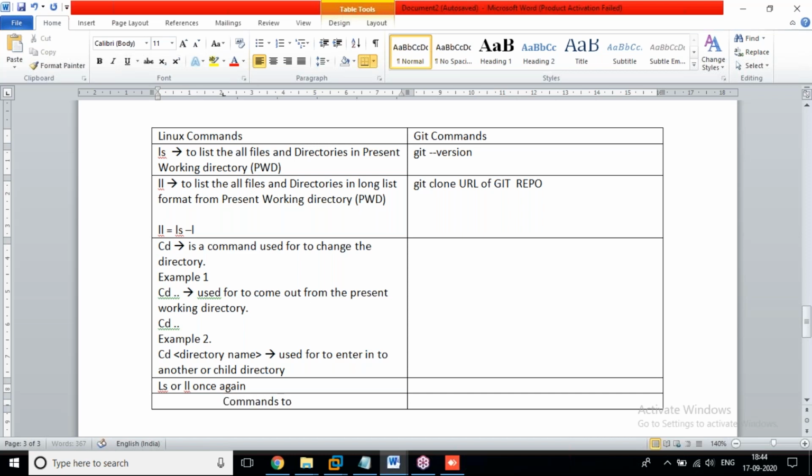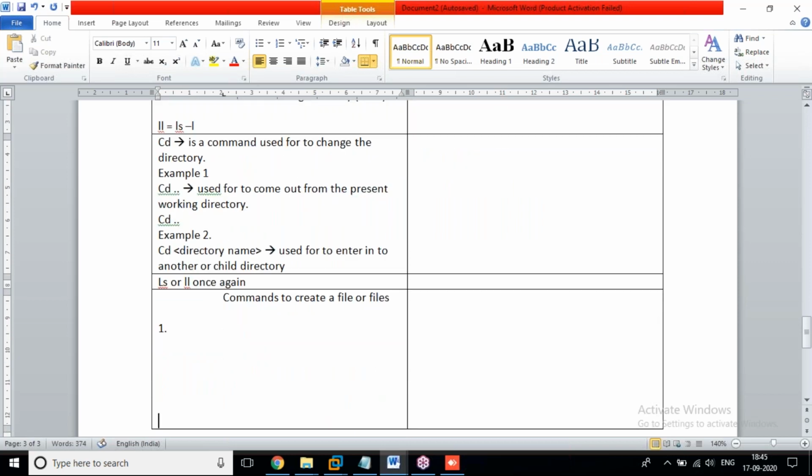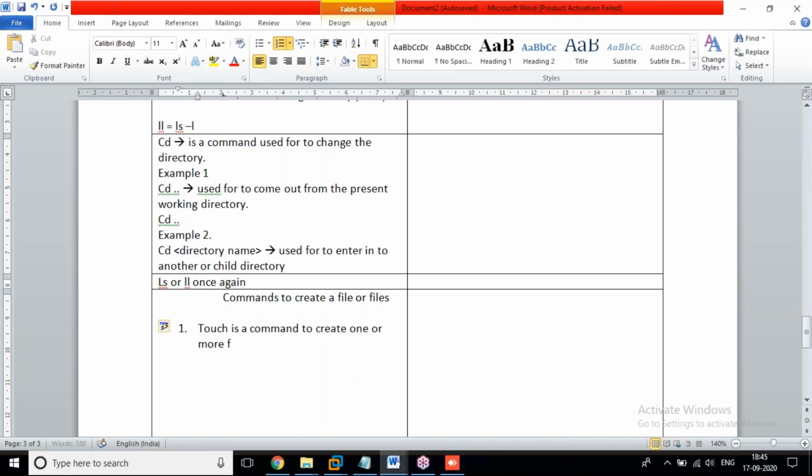See, commands to create a file. Touch is a command to create one or more files at a time.